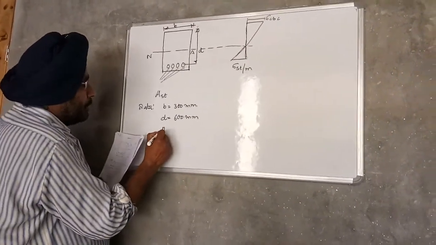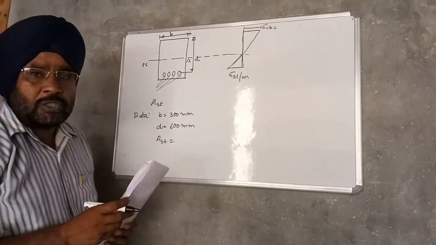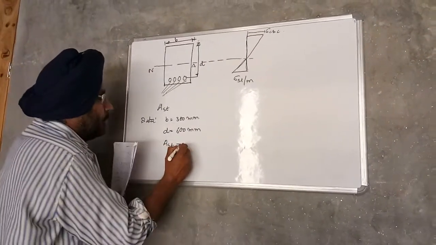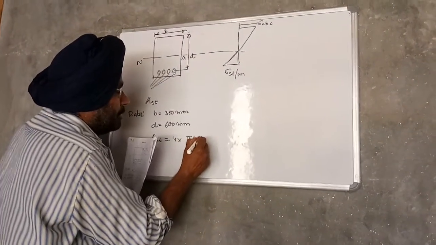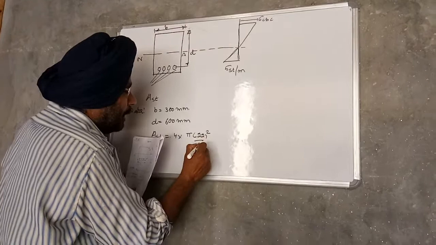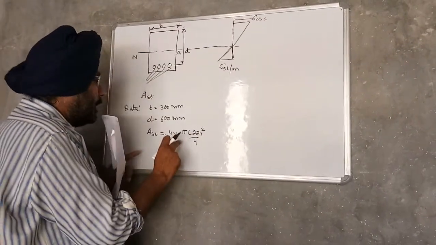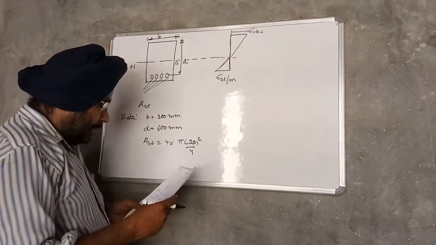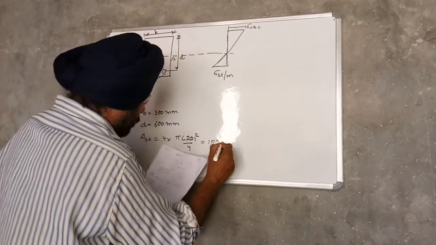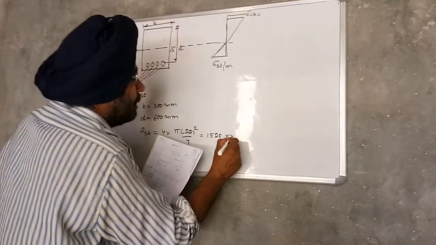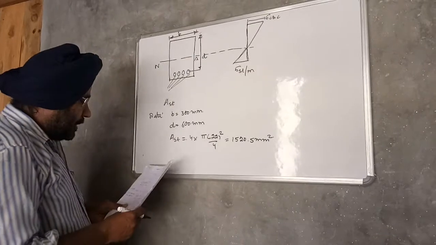As AST is 4 bars of 22 millimeter dia, it means 4 into pi d square by 4, this is the cross sectional area of 1 bar, and there are 4 bars. So the cross sectional area of the steel in tension is 1520.5 square millimeter, and sigma CBC,